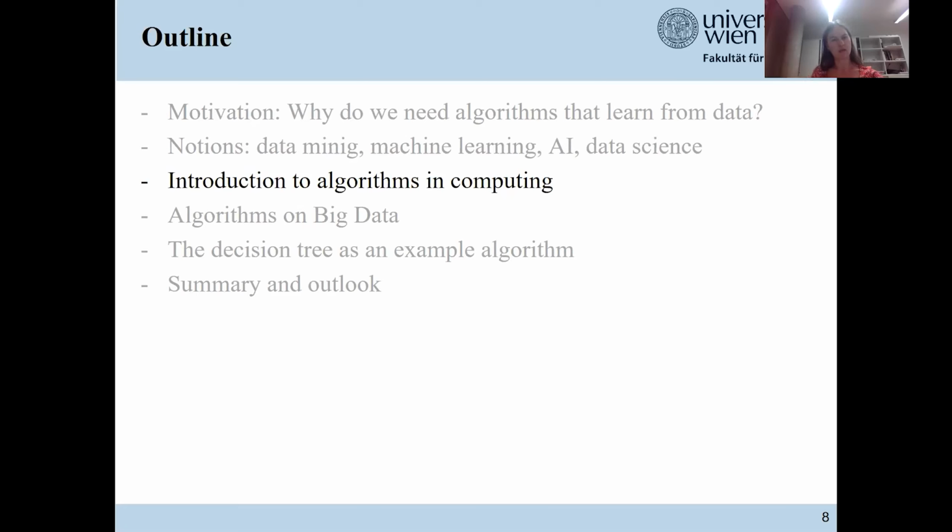If it's okay, then I will continue by telling you what algorithms in computing are. There is a question: how are models defined? Yes, in several ways, basically. Mostly when you have a problem, you need to define it in some way formally or mathematically, and then you need to break it down to an algorithm which can be executed on a computer. And now I will tell you what kinds of algorithms can be executed on a computer.